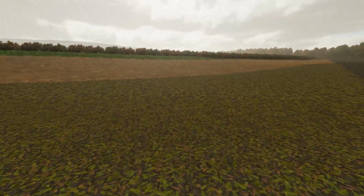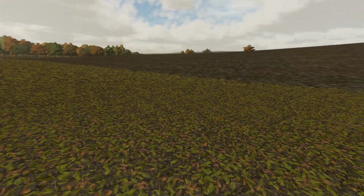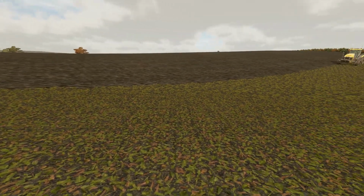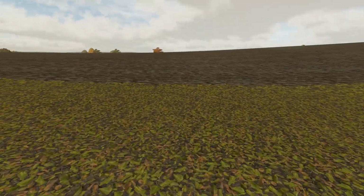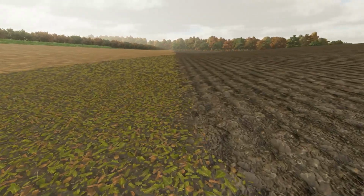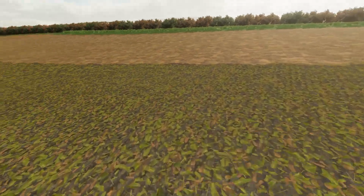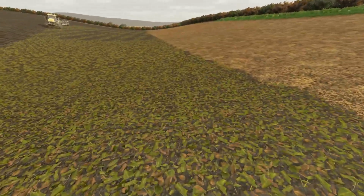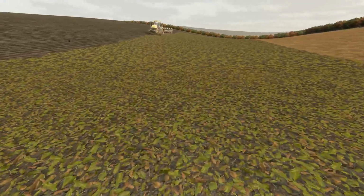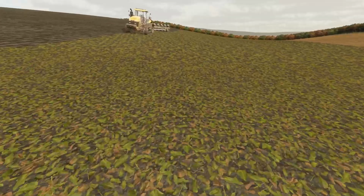I say the rain softened it up, because what we were originally planning to do was to come down here and solo this as well. When soloing it, we were going to drill straight behind it, but that's not going to happen now, because the rain that we had yesterday and the day before and the day before that has put paid to that idea. So we're ploughing it over, and then Ruben will go on to the tractor and he'll carry on ploughing